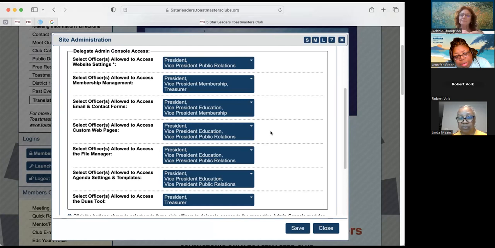It does. Okay. I just didn't want to have to fight to get a password, because over the couple of years there were arguments about the admin password, and the VPPR needed the admin password, right, because you're doing the website. It didn't make sense to have to fight to get it. So seeing this tells me I won't have to do that. That's what I was trying to really clarify. Yeah.